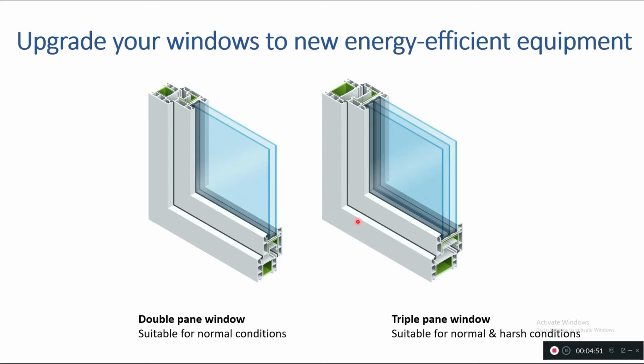By using double pane and triple pane windows, you can obstruct 90 to 97% of energy coming into your home. In summer, it will avoid the heat energy from outside entering your room, whereas in winter it will not let the warmth of the room go outside. So you can save a lot by using energy efficient windows.